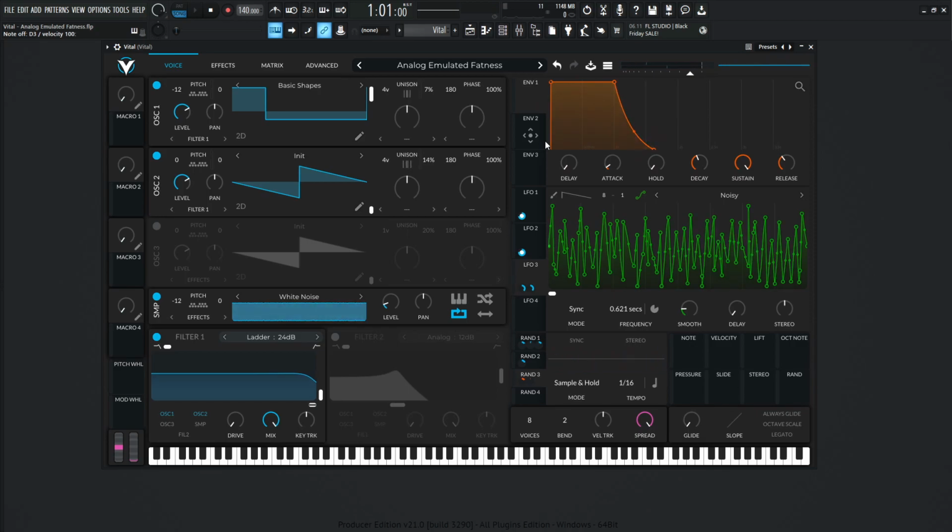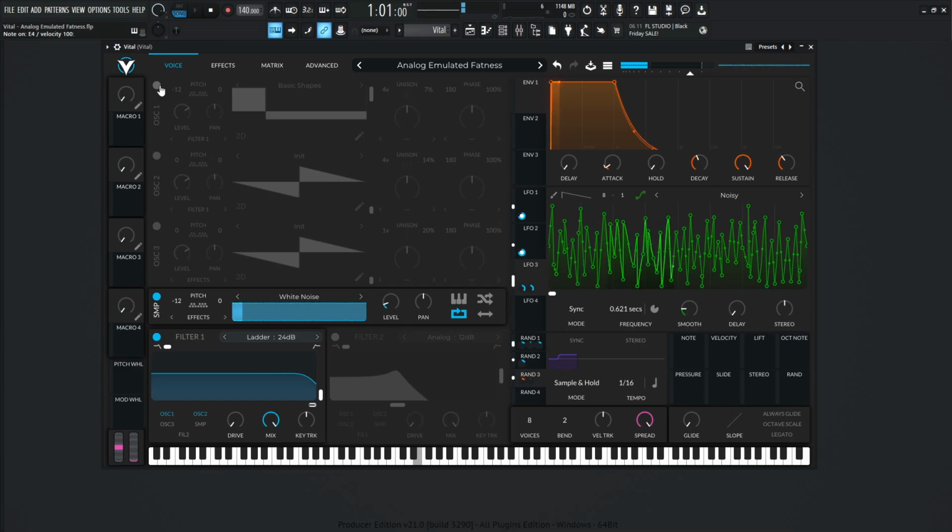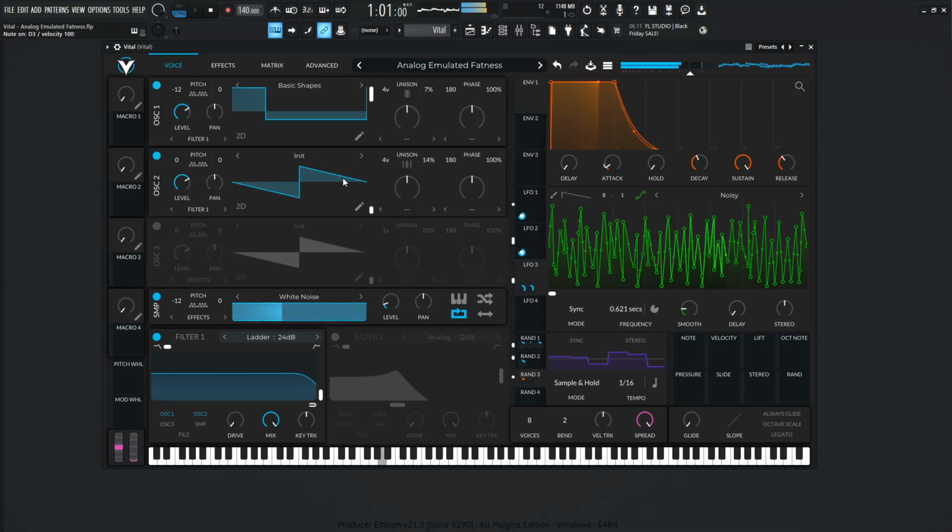And one of the very last things as well, this white noise here is just a tiny bit in the mix, because sometimes when we'd plug in old stuff, we'd hear that hiss, that little noise floor, and that's something we want to add a little bit of. I have it at a very low level, so if I turn these oscillators off, you can hear it there, and you can also hear it moving a little bit, so it doesn't sound so static. And that one's down by 12 here. So by turning these back on,